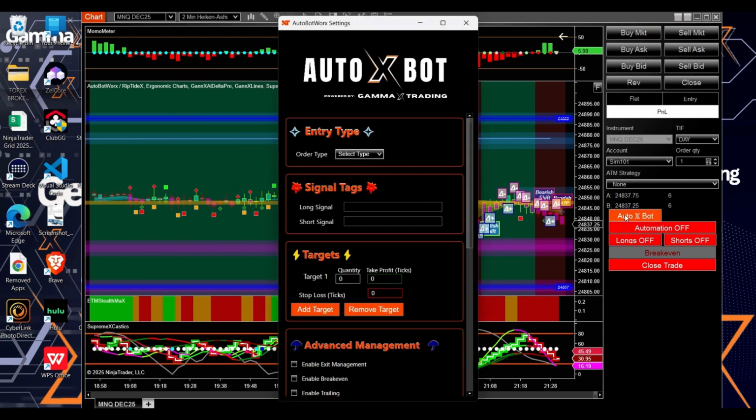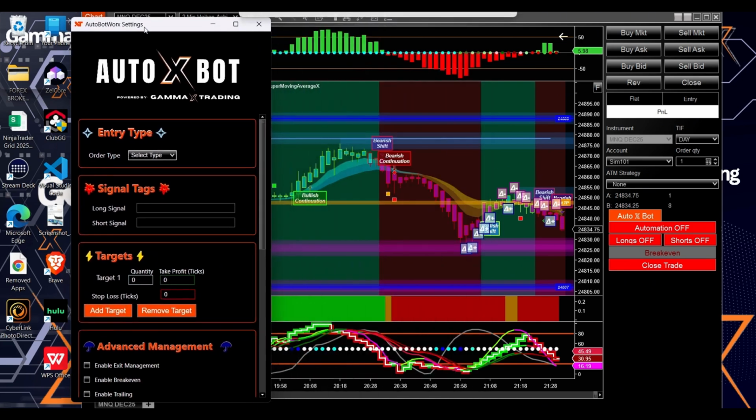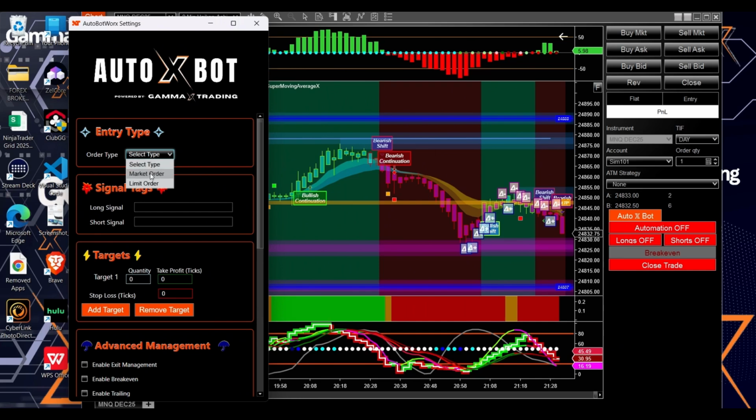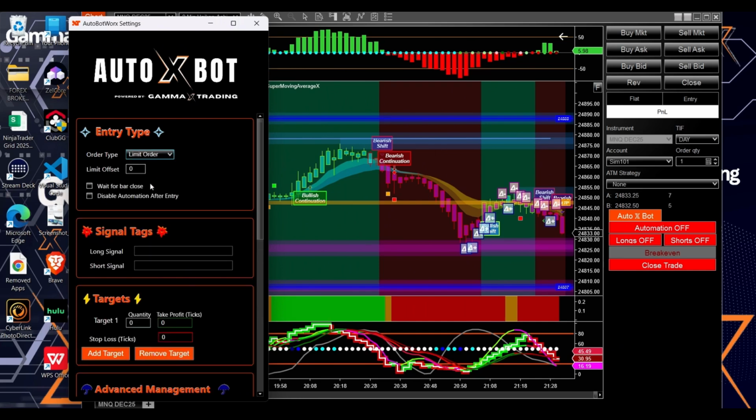To get the window back, just click on AutoX bot. It'll pop right up here. So here, let's go over the settings. You want to do either a market or a limit order. If you want to do an offset, which means it's going to pull back a little bit before it enters